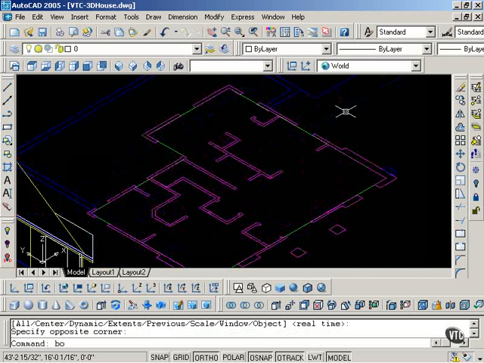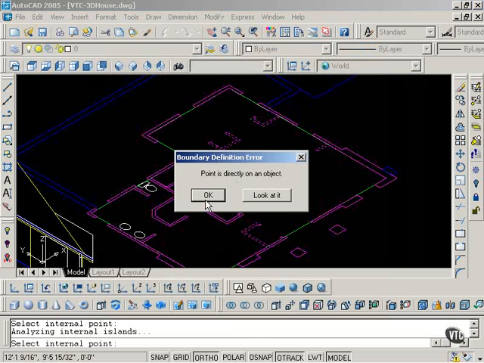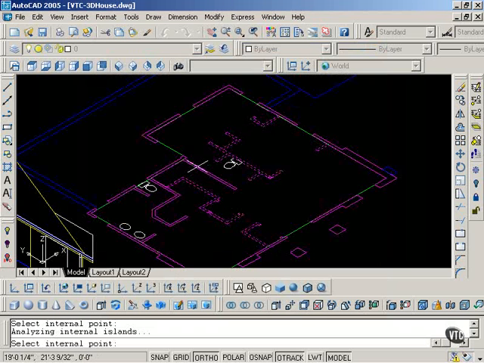I will type BO for boundary. I will pick points and I will attempt to find all of the interior points. Point is directly on object. I have to be very careful trying to pick between the lines. It can be tricky. What I should be doing is selecting each one individually by zooming in, but I am trying to take care of everything at once. I will now enter,